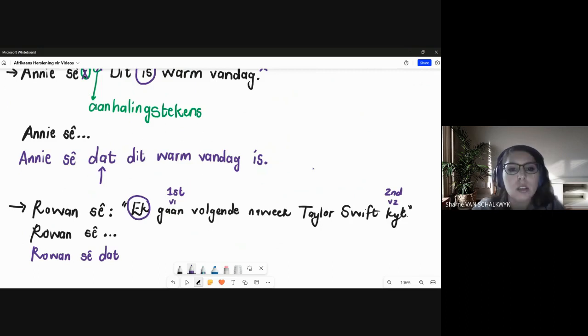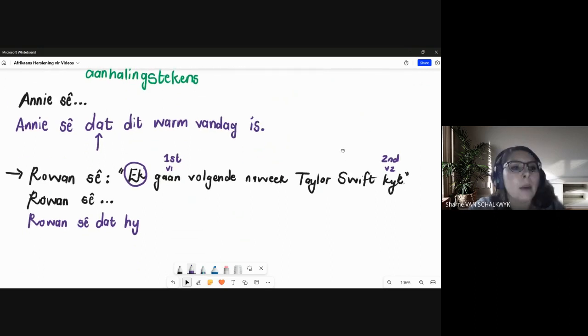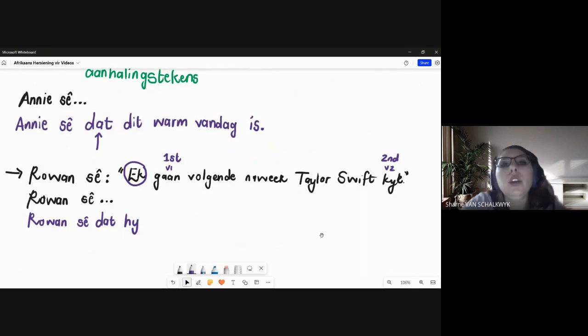So Rowan said that. Rowan is a guy. Say that hi. So also, don't come at me, ma'am. I don't know what gender this Rowan is. It sounds like a girl's name. You'll have a picture. Rowan said that hi. Volgende naweek Tyler